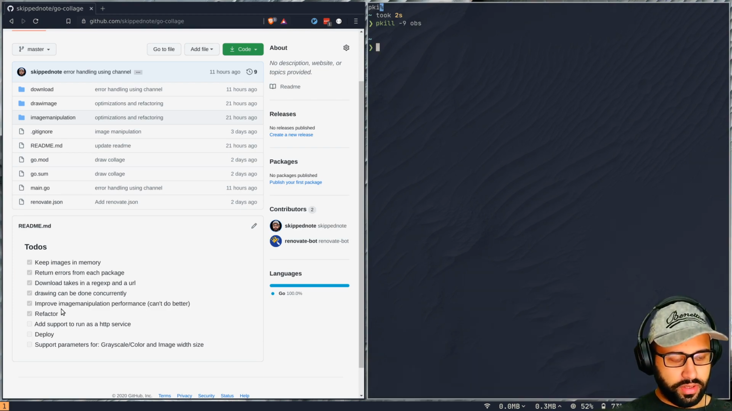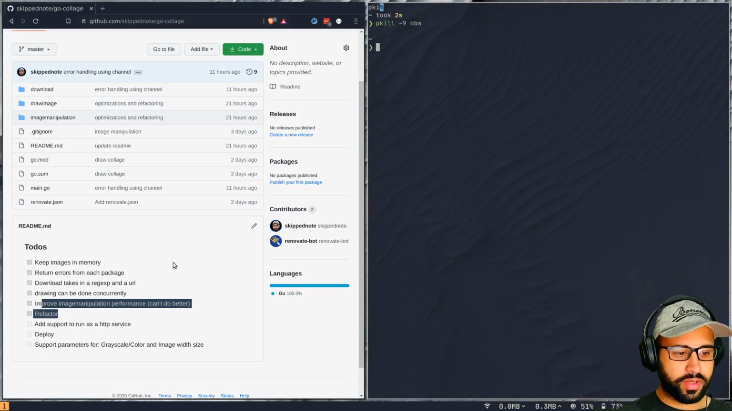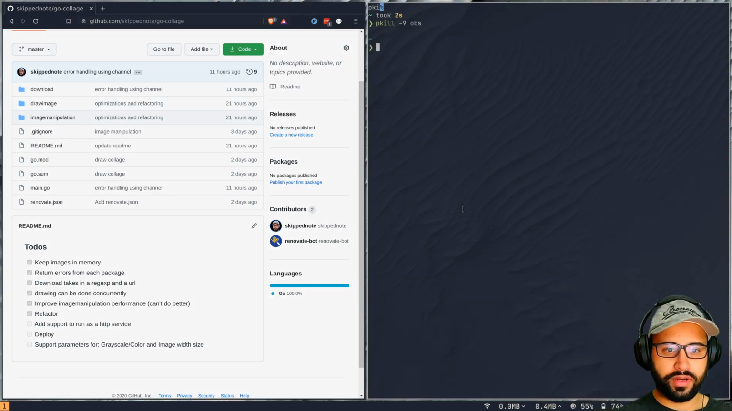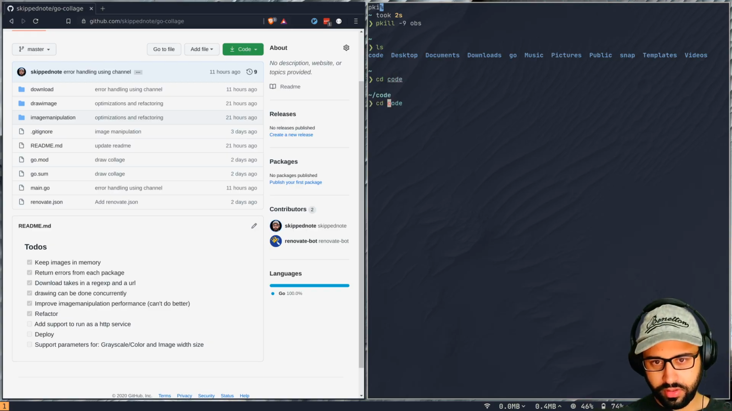So, yesterday we refactored our collage application. Today we'll be converting it into an HTTP service and then try to deploy it somewhere. We need to figure that part out as well, but let's see. So, if I go to the collage,